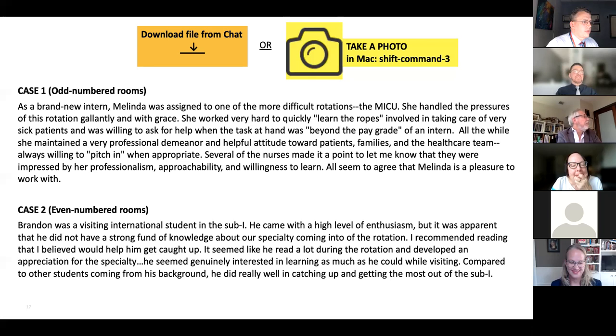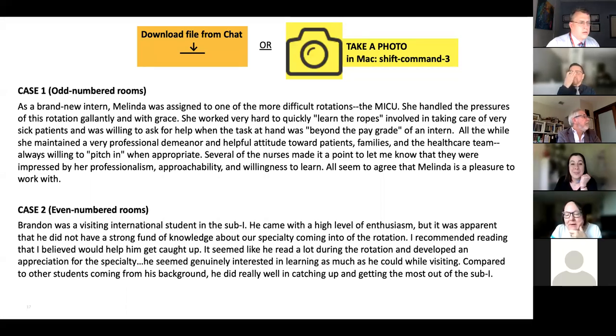So I want to move on to case 2. Could we hear from some of the even numbered rooms? Hi, so I came from group number 4, and the first thing that our group picked up on was the very last sentence, being compared to the other students. That's just not that measurable, and is just laced with bias. And then tying that with the first sentence as well, you really just sandwich this case with bias.